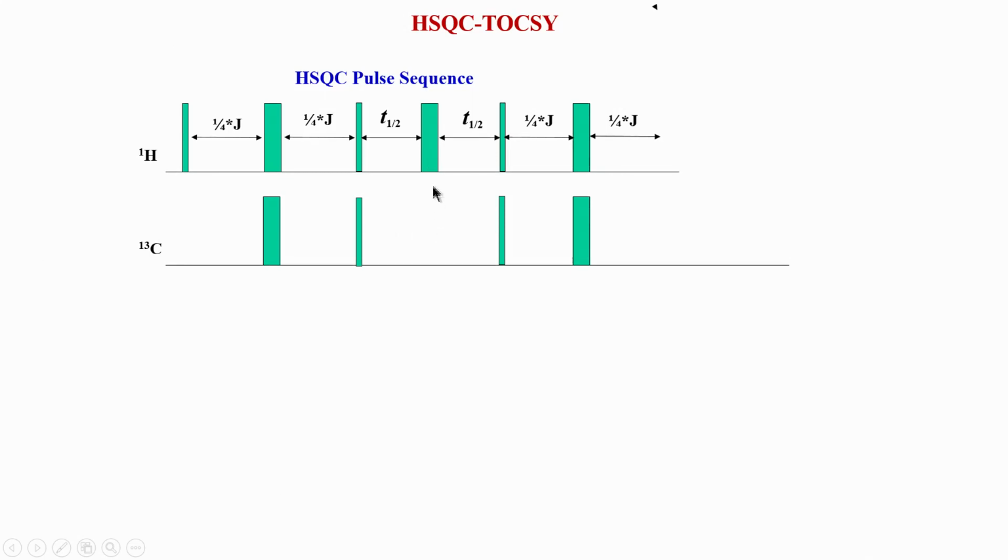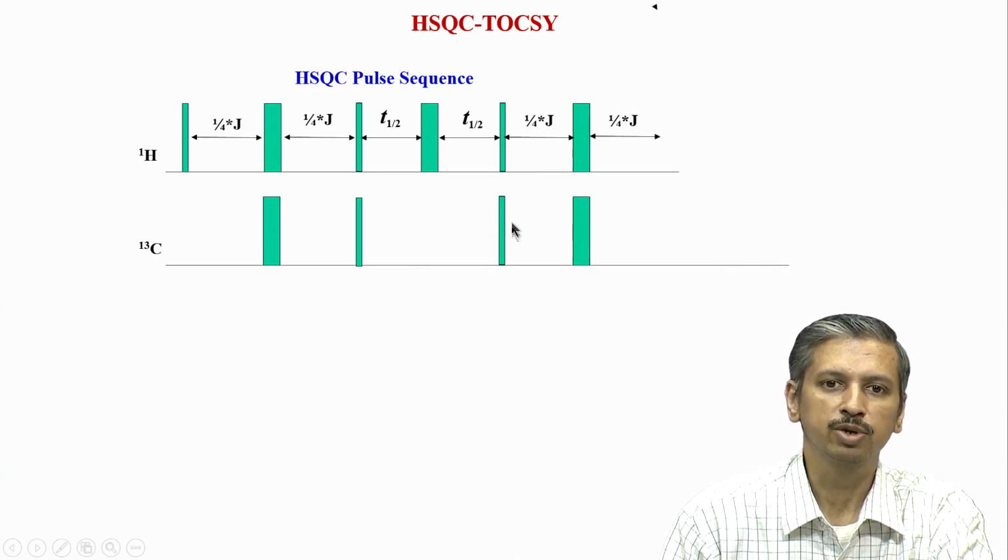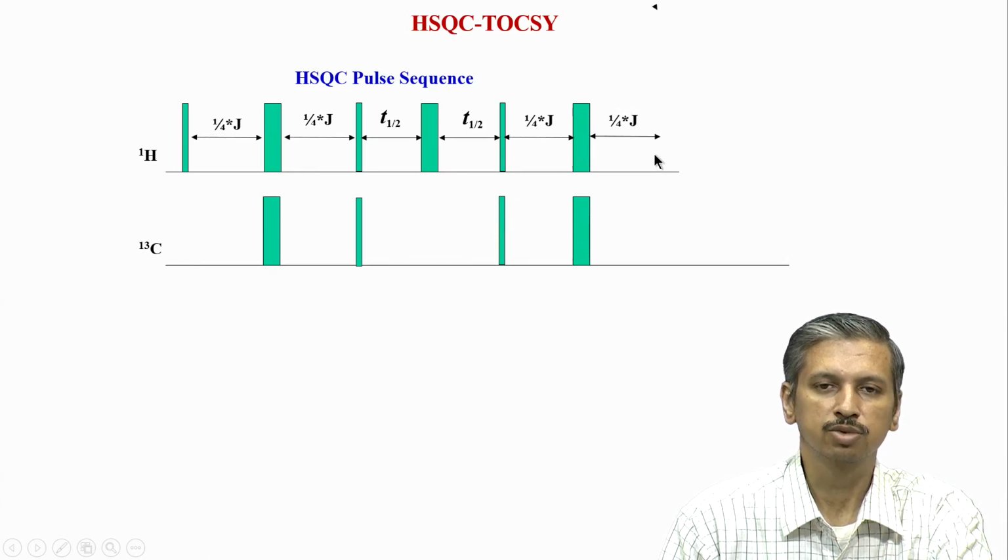So, there is no proton-carbon coupling present during this period, and following this we transfer the polarization back to proton, during the reverse INEPT. In the reverse INEPT we go back to the proton magnetization, which we have seen in HSQC. This is the same as the INEPT here: we have 1 by 4J, 1 by 4J, and here also 1 by 4J and 1 by 4J. You can see that this part is the same as this part, there is no difference. It is just that this is called the forward INEPT and this is called the reverse INEPT.